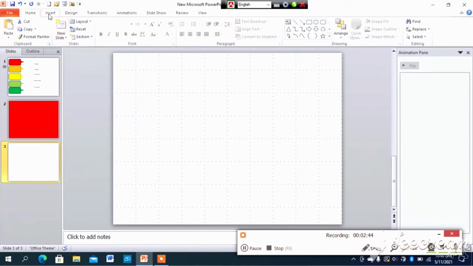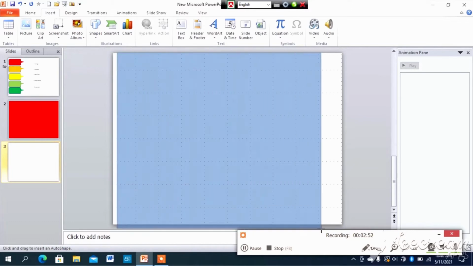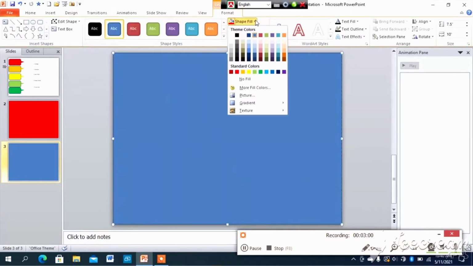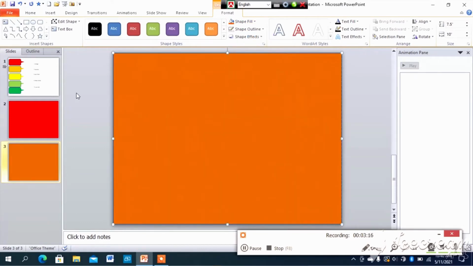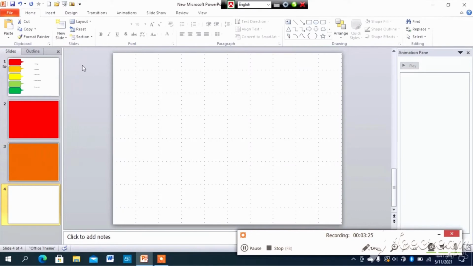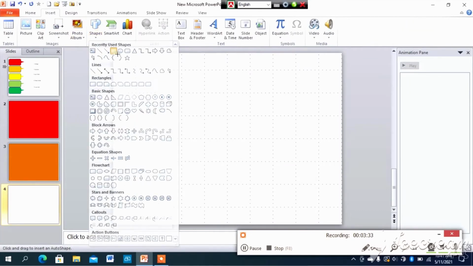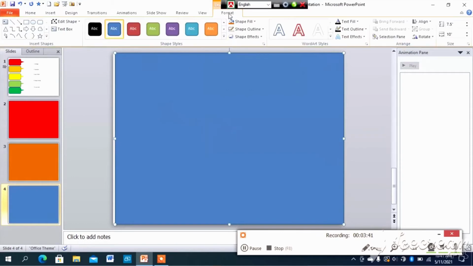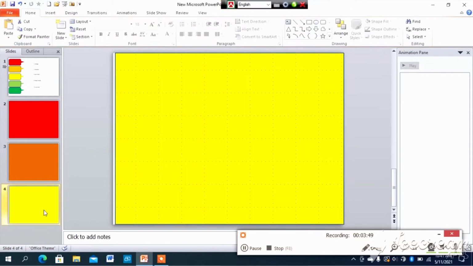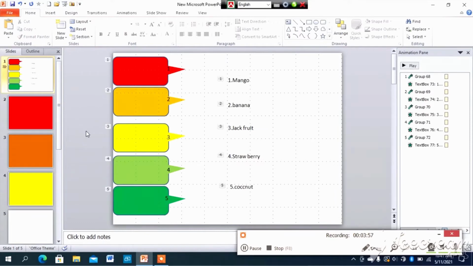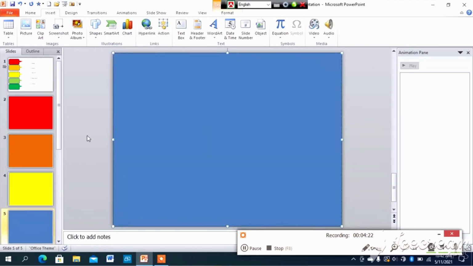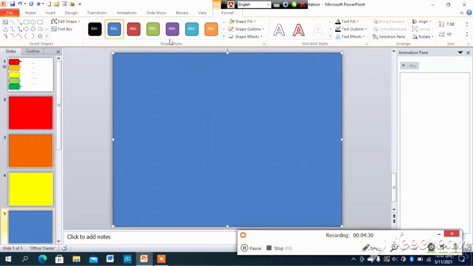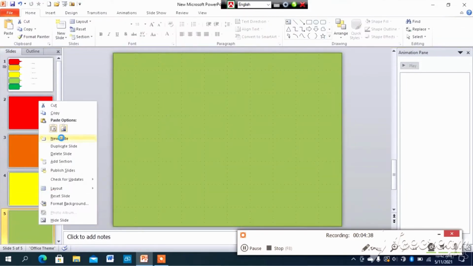Then for the 5 slide titles, I make the 5 slides in 5 colors. The first slide is red, the second is reddish, the third one is yellow, the fourth one is greenish, and the fifth one is a green color slide.